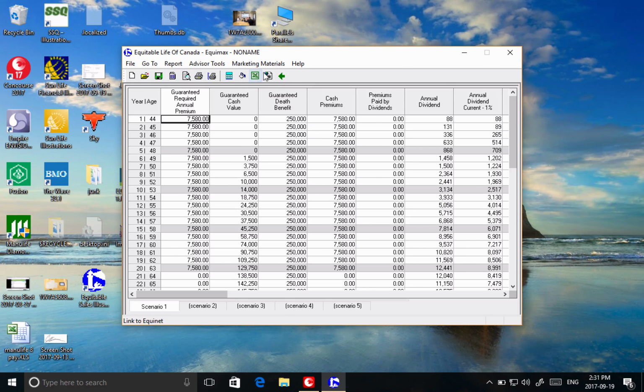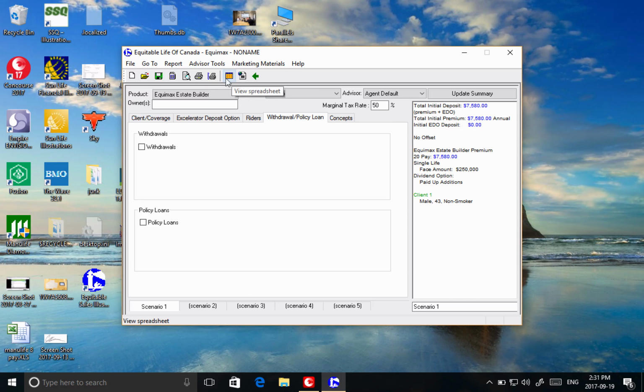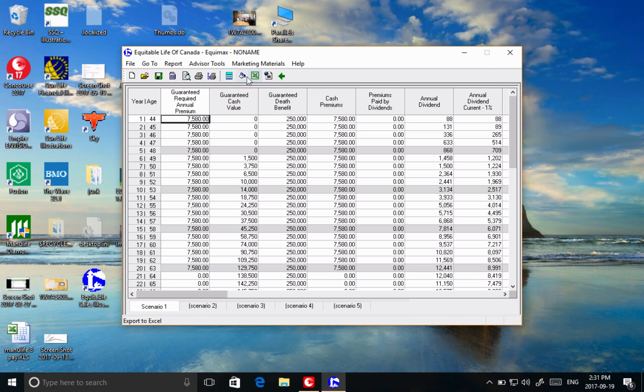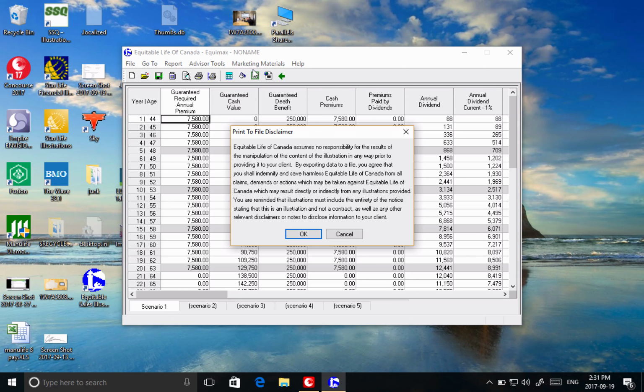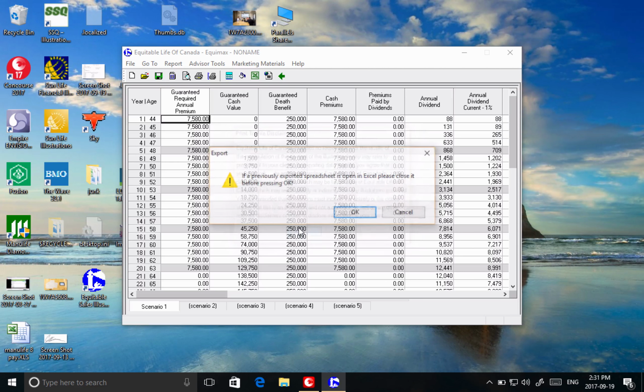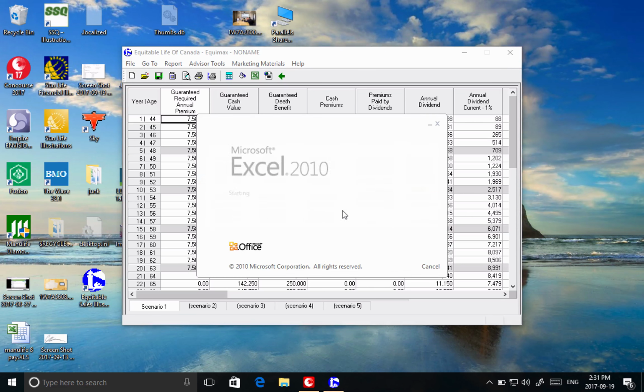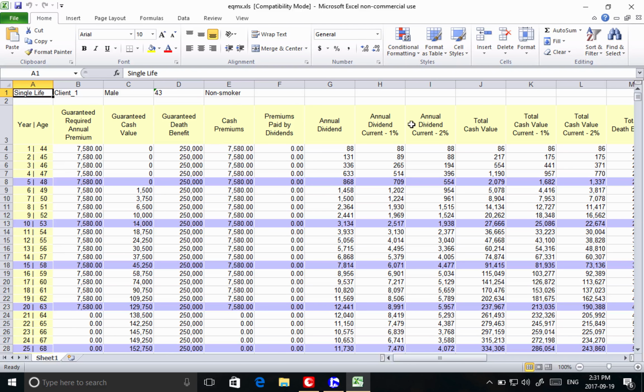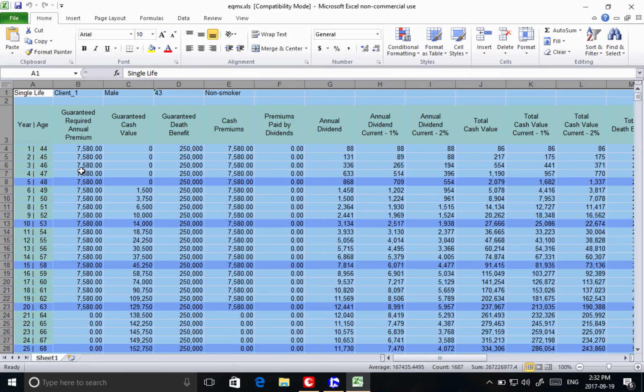Basically, all I want to do, and I'll just go back really quickly if you're watching it for the first time, is we want to view the spreadsheet. Whenever we're importing from a spreadsheet, all we have to do is say view, and it gives us basically our premium costs and all our values. And then all we have to do is say export to Excel. It always gives us that warning message, and gives us our digital fingerprint. Now, as always, you can either save the whole spreadsheet, or my preferred method is selecting everything and just doing a copy and paste.